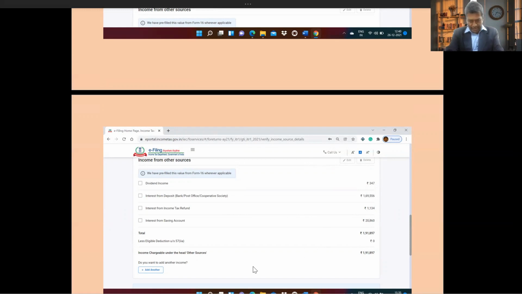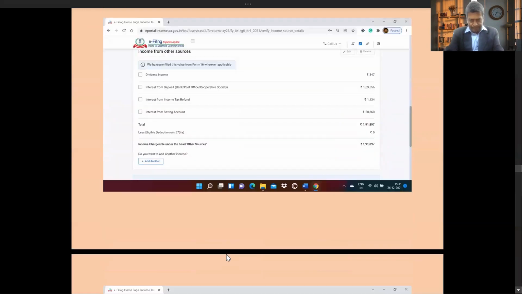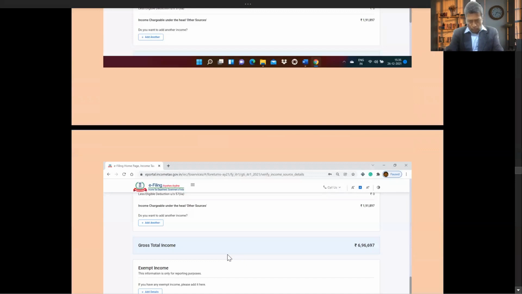Once I enter all these things, income from other sources also is over. Now, these three heads of income, chargeable income from salary, from house property, and from other sources, all put together, I have a gross total income of 696,697.